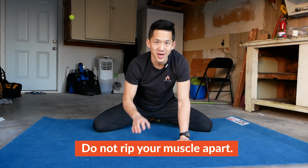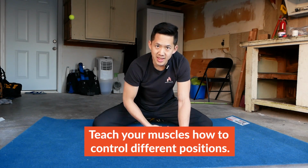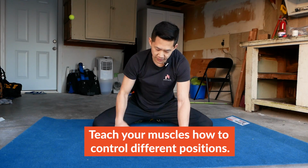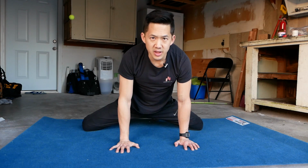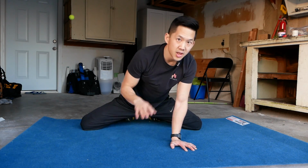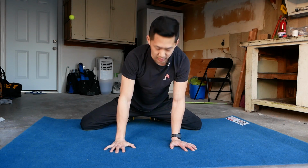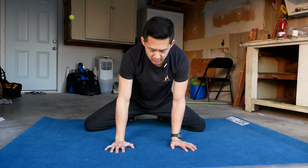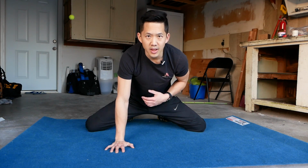And that's not what you're trying to do. You want to try to teach muscles how to control different positions. So for example, when you go out into the stretch, if you go really wide and you just feel like everything's pinching and jamming and ripping apart, you want to back out of it a little bit, bring your knees in a little bit,